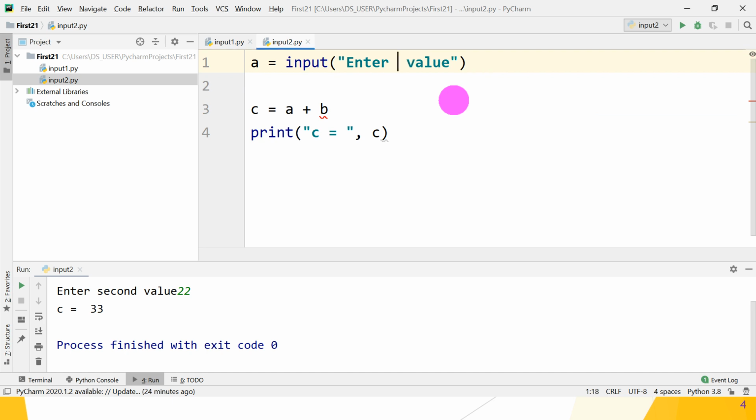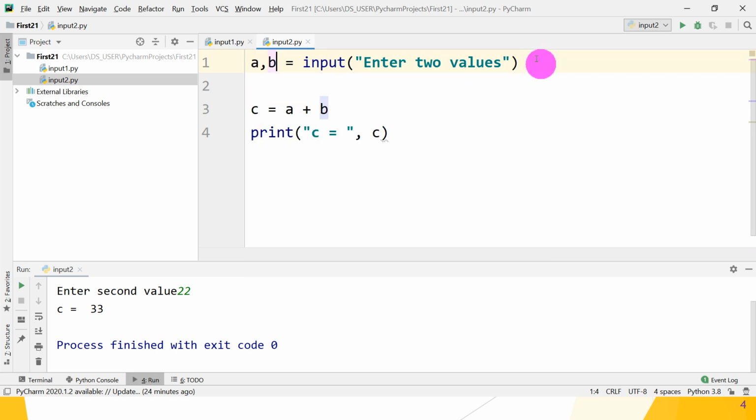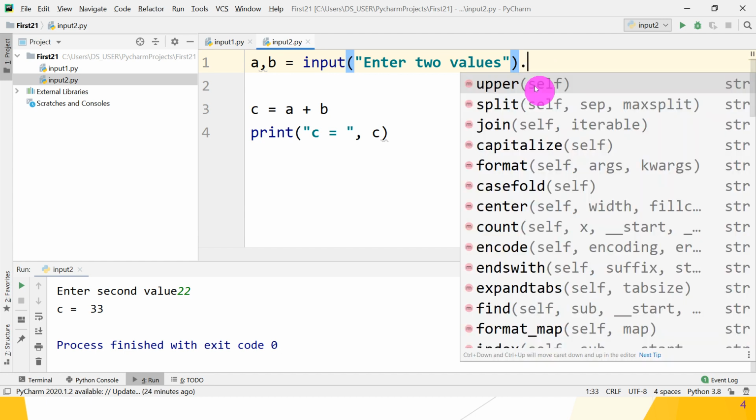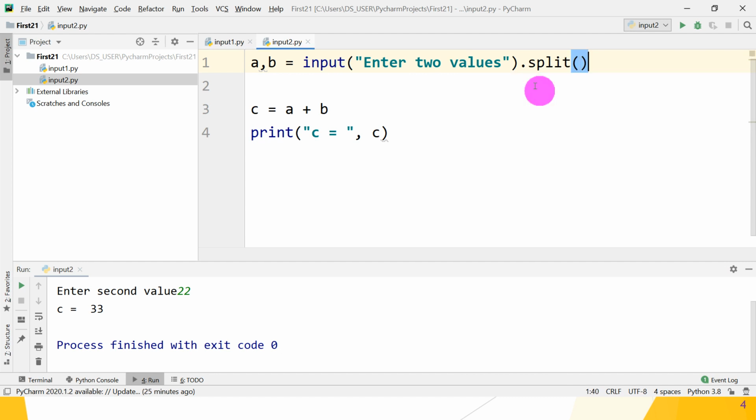Enter two values. Next, how many values do we want to catch? Two. So a comma b, these are the two values. Next, this input method returns a string, and we want to split it, so use the split method. The split method splits the given string into two different strings a and b, and the result is saved. After that, add these two strings and give the same result.